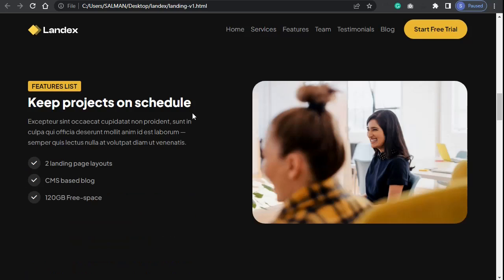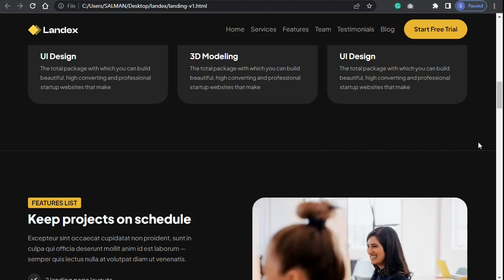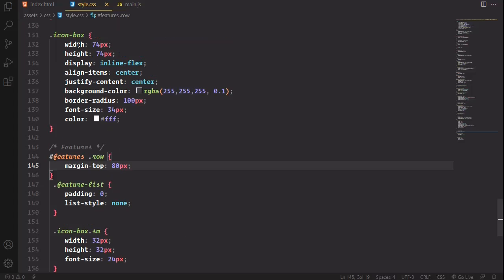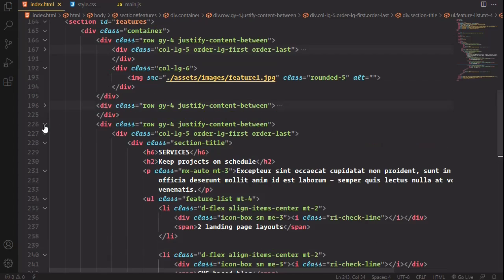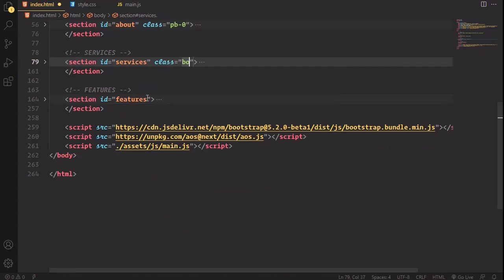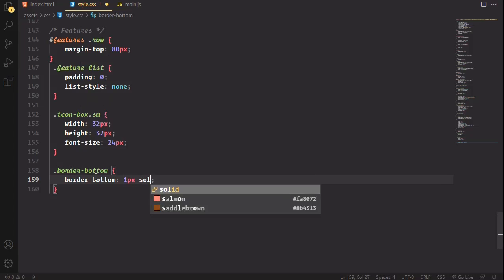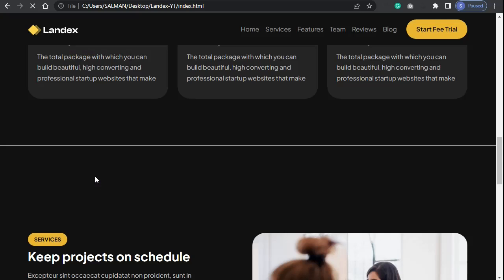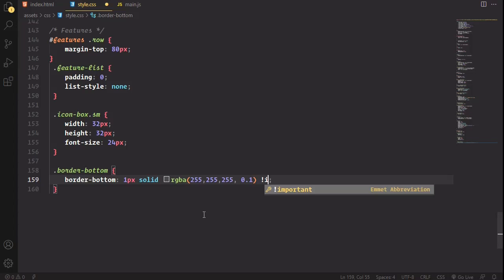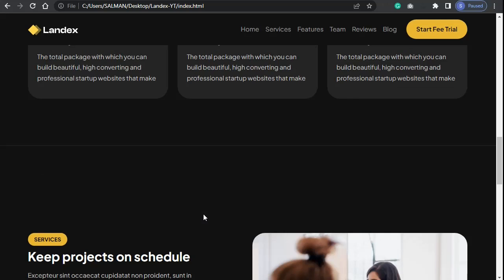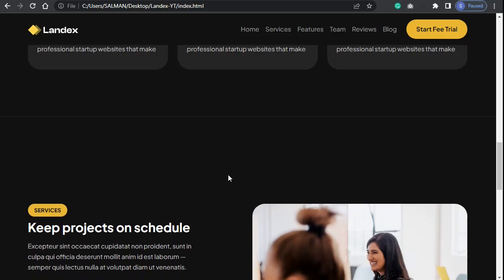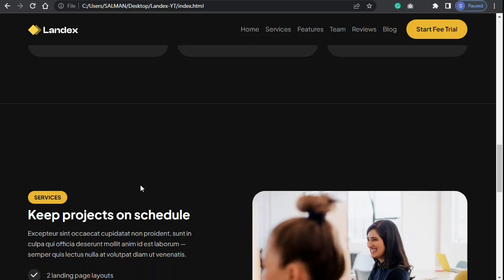Okay, and so as you can see on the finished project, we have this divider. So I'm gonna add that as well. I'm gonna select the services section and give it a class border-bottom. Okay, and I'm gonna change the color for that. Border-bottom 1 pixel solid. Okay, save it. So I'm gonna override that with important. Okay,